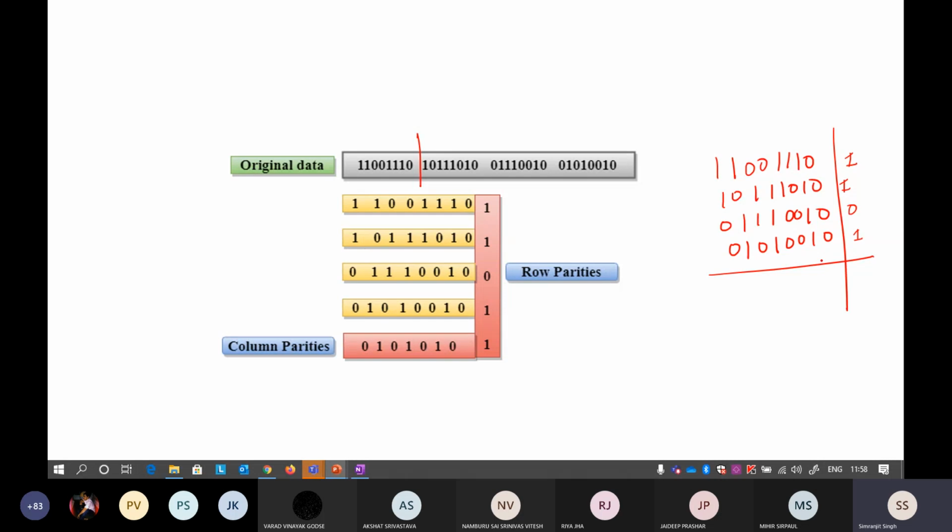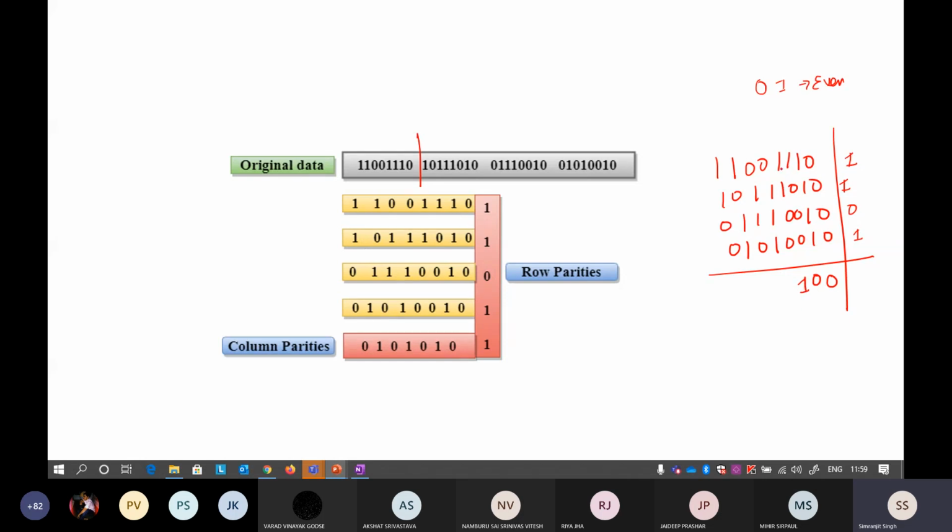Okay, in a similar case you can check column wise as well. So 1 2 3, there is no extra 1 here, so it means that it is already even. So 0 1 is also even. Okay, so there is no need to add an extra 1 here. 1 2 3 4, it's also even, there is no need to add it. Only one 1 is here, so you have to add it.